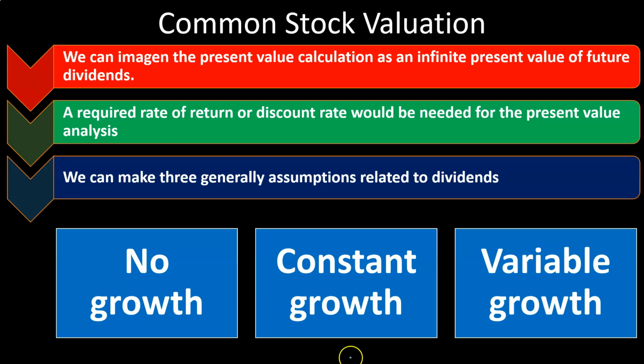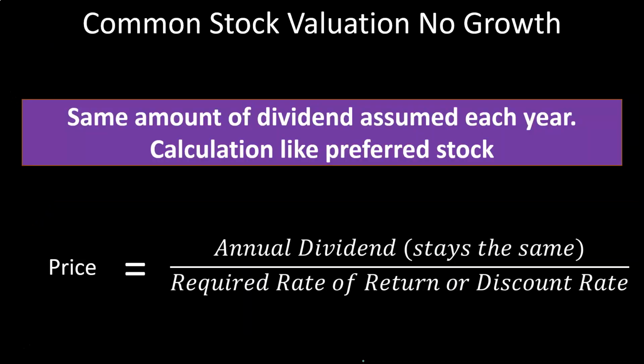But in any case, we then have the more complex situation, which is the variable growth. That would be a situation where maybe they're in a growth spurt right now, and they have a higher rate of growth of the dividends. The dividends are going up at a higher rate, and then after that growth spurt, the dividend's not going to go back down, but they're going to continue to increase at a more moderate rate. And so now we have a level-up kind of dividend, and that's going to make our calculation a bit more complicated as well.